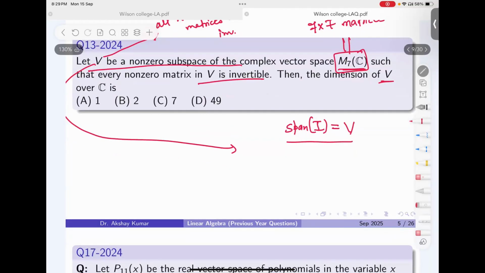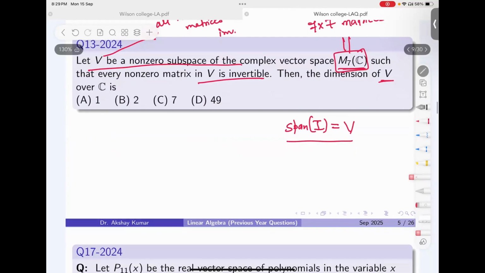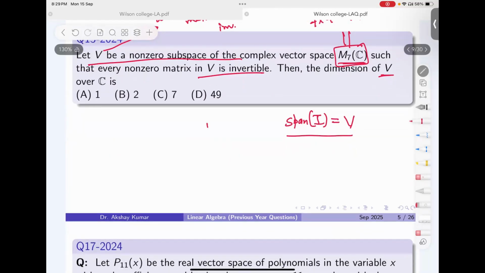So how to prove this? Let me prove this. Suppose you take any B from this space V. Now take this polynomial g of lambda equals determinant of B plus lambda I. Now this is a matrix, right? If I take the determinant of it,